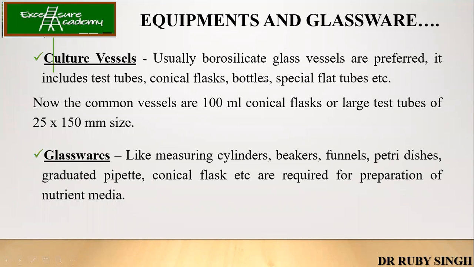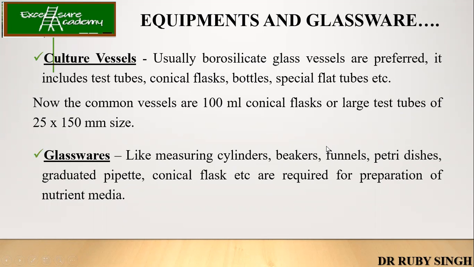Okay, then culture vessels. So again, they are made up of borosil glass. So obviously they are the preferred ones. So this also includes test tubes, conical glass bottles, special flat tubes, etc. So that depends on what kind of experiments you're carrying out. So initially what we do is, whenever we have got the small explants, initially we start with the boiling test tubes. Once that has been done, and if you get a good amount of results, then it is transferred to the bottles, and then it is transferred to the greenhouse chamber. Then the glasswares like measuring cylinders, beakers, funnels, petri dishes, I mean, no need to say,